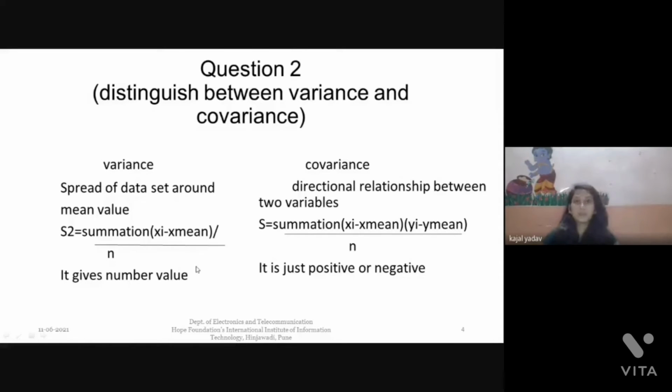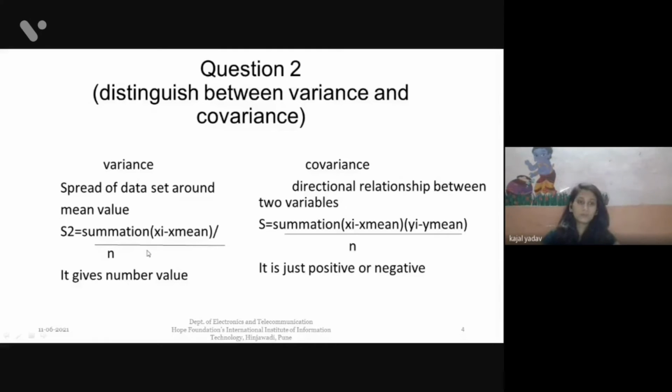Let us take a simple example like income and the working hour. If the working hour are greater, then income will also increase. So there is a positive covariance. And negative if the investment and the time period are inversely proportional, that we call it as a loss. So this is a negative covariance.